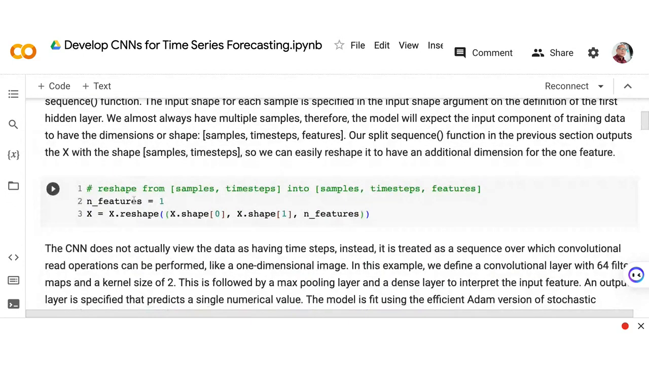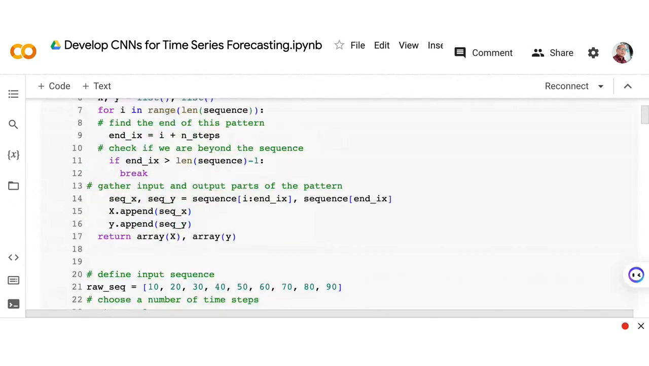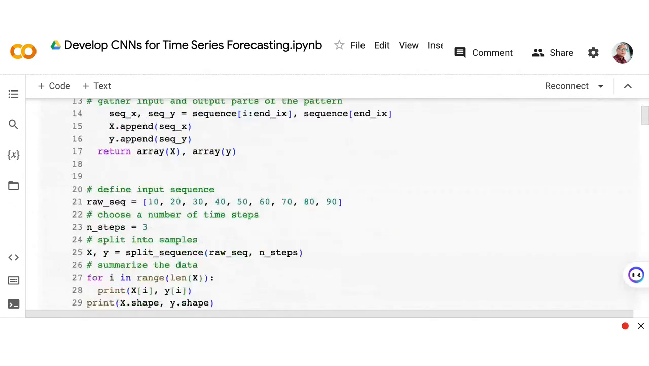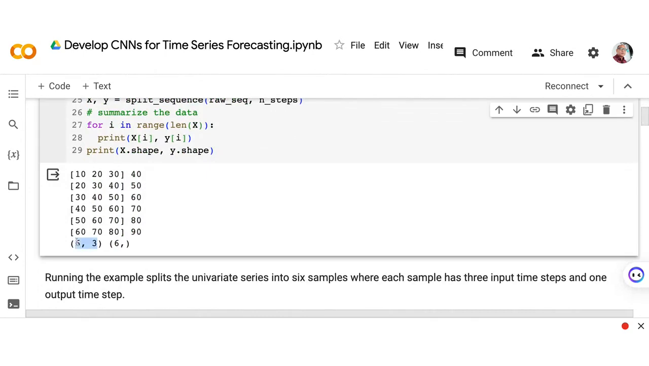Now, we need to reshape the data set that we have, because from the data set that we have, we only have two dimensions. We have the samples and the time steps. As you can see, in preparing our data set from the above, we have a shape of two dimensions, which is 6 by 3. But we need to reshape it